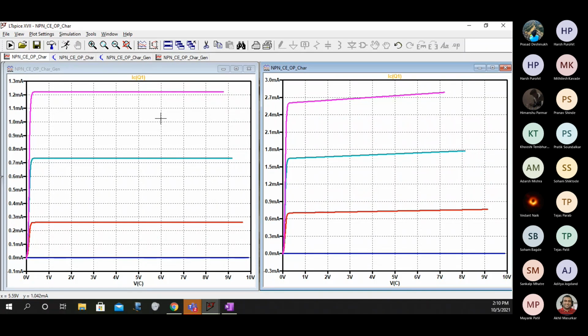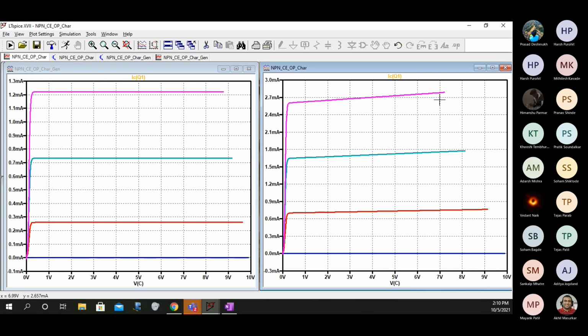This is the ideal characteristics, but this here is having some slope, and this slope is visible only because it's a practical transistor. And if you keep on extending this slope, it will meet the x-axis at a point. That is called the early voltage of the transistor.